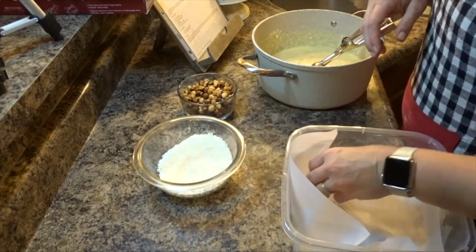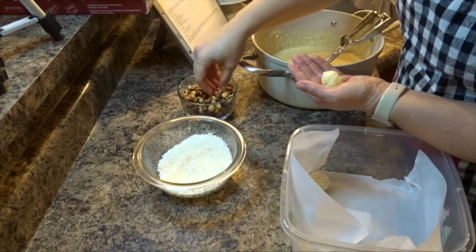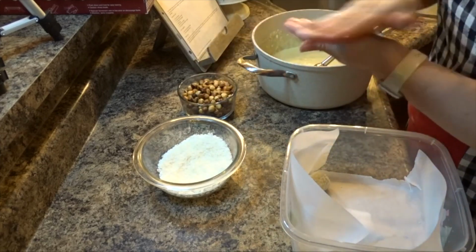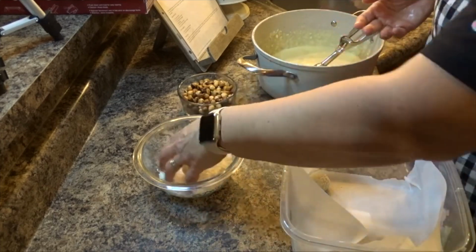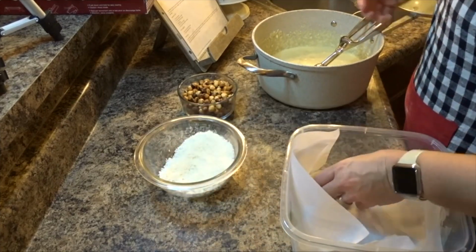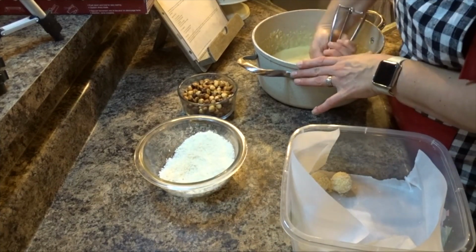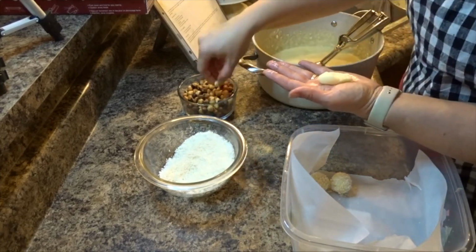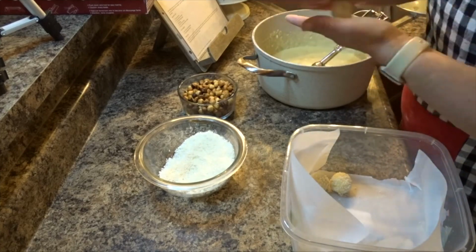I am using a small scoop from Pampered Chef, simply because I want them to be all the same size. You could also just eyeball it with your hand or use a spoon to scrape it up. It really doesn't matter. You can make them smaller, you can make them bigger. Then I flatten it and I add my baked hazelnuts that I had baked and peeled, and then roll it in a ball, and then roll that ball in the